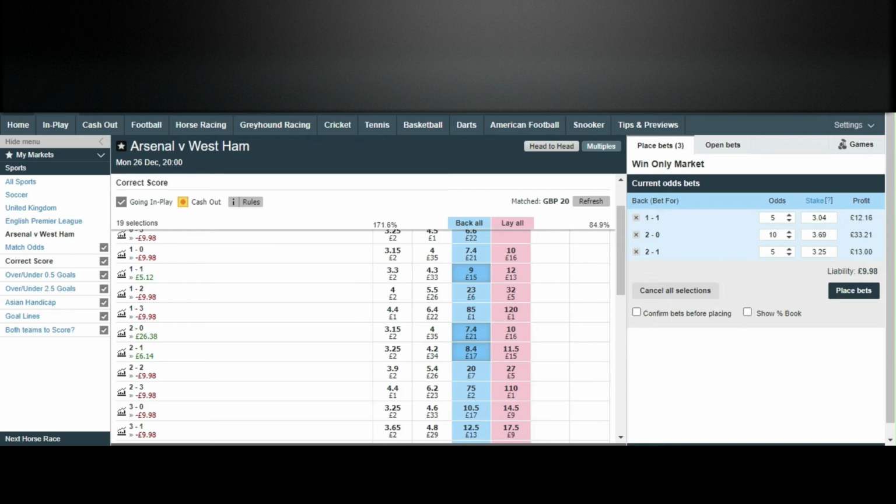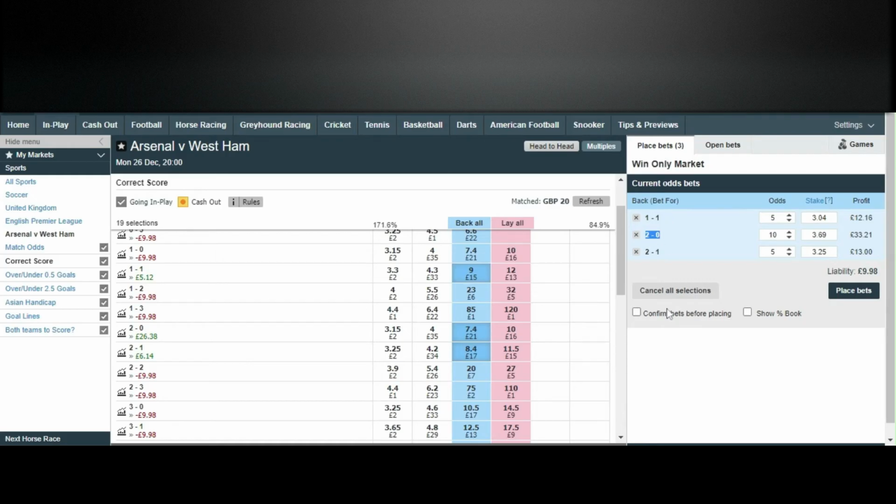But what'll happen is we're covered for a bit, because if West Ham sneak a goal in, they're going to expect it to go to 1-1, and we've still got 1-1 in place. This would be dead, but we've still got the 2-1. If Arsenal score first, then obviously we've got this still in place and also this still running, so we're in a good position. If Arsenal get another goal in, then this is the last one. We're not bothering with this one.